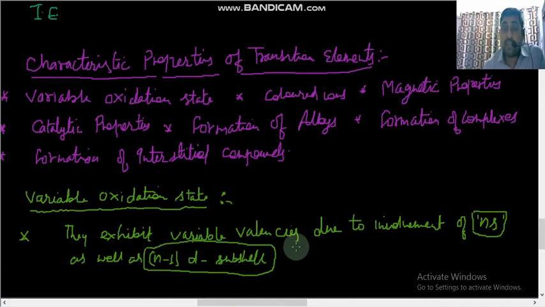So they exhibit variable valency due to the involvement of both ns and (n minus 1) d subshell electrons,